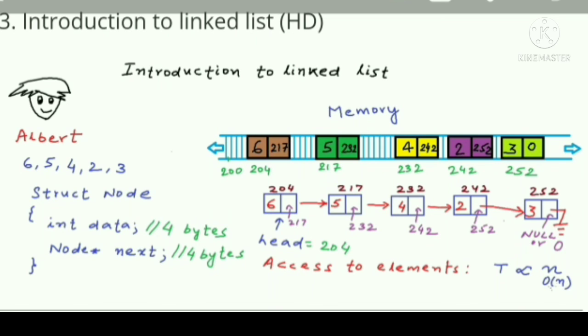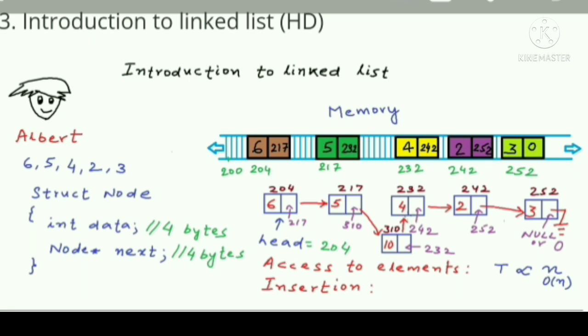Insertion into the list. We can insert anywhere in the list. We first need to create a node and just adjust these links properly. Like say I want 10 at the third position in the list. So all we need to do is create a node, store the value 10 in the data part. Let's say we get the node 10 at address 310. So we will adjust the address field in the second node to point to this node with address 310, and this node will point to the node with value 4.